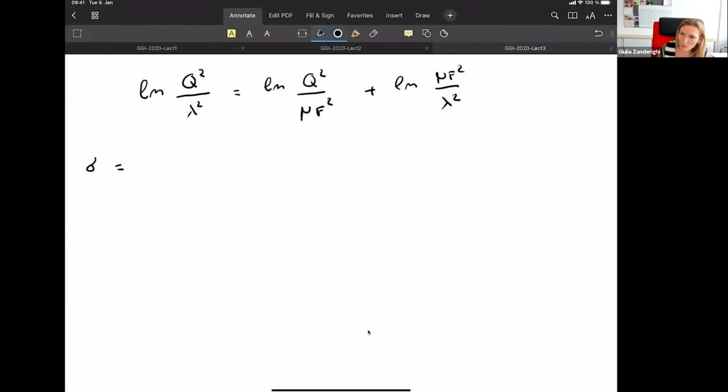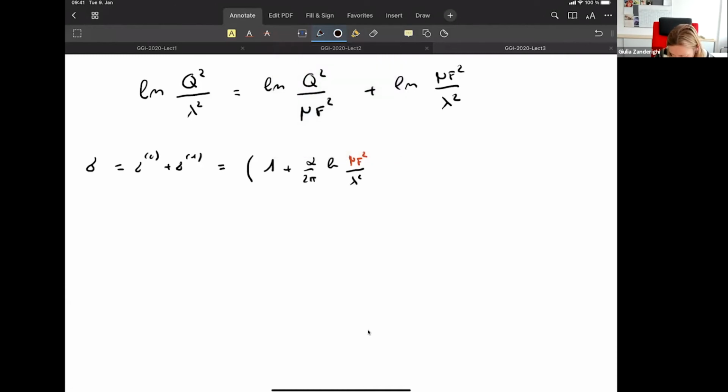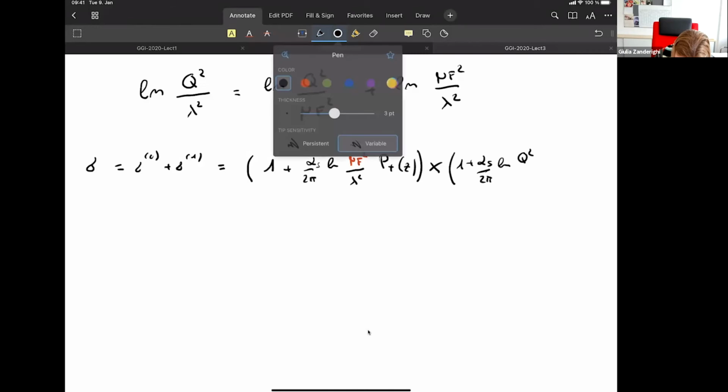But to the order at which you're doing the calculation, so to order alpha, you can also write it, so this, let me write now, sigma 0 plus sigma 1 can be written as 1 plus alpha over 2 pi log of, let me write it in red here, mu f squared over lambda squared, in this prescription, times 1 plus alpha s over 2 pi log of q squared over the scale mu f